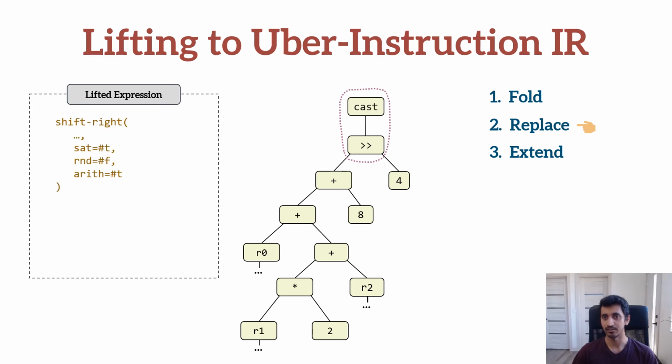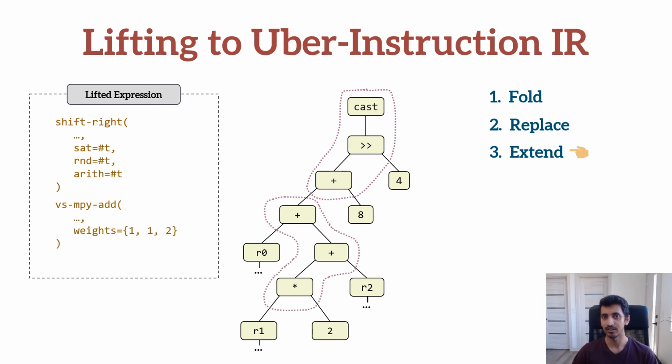The synthesizer returns the shift right uber instruction with the saturating narrow flag set to true. Note that the synthesizer is able to reason about the semantics of this and is able to determine whether this transformation is or isn't safe to do so. The next operation is the addition by 8, which can be forwarded into the current uber instruction by simply flipping the round flag. This process then iteratively continues, greedily packing and folding as many operators as it can into the last uber instruction until all operators have been lifted, giving us this final expression.